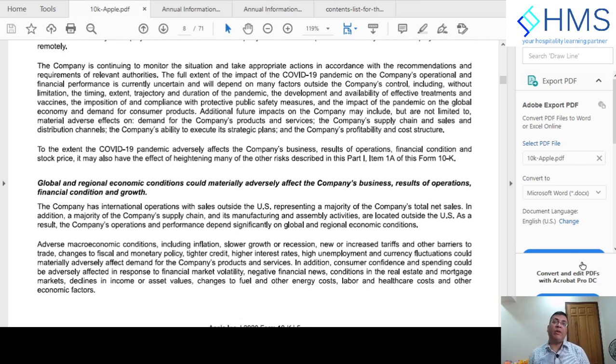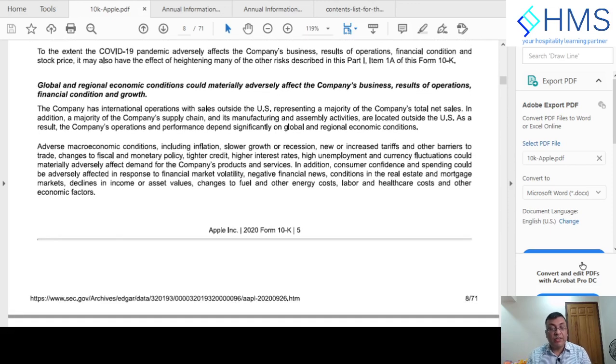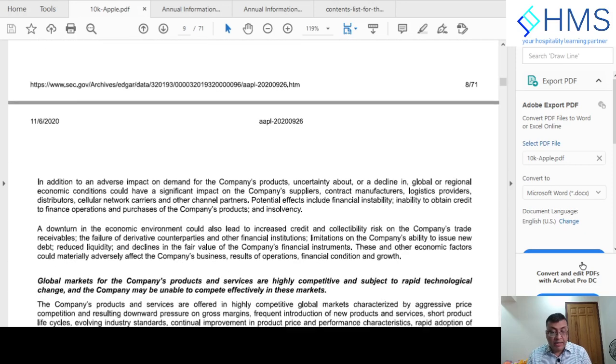The company will not say how much it has impacted or what the impacts actually are, but it is trying to make users aware of what kind of risk exists for the company. Since those risks are there, they are telling the user not to use historical data to predict future performance, because general macroeconomic conditions affect every company's performance and results of operations equally.